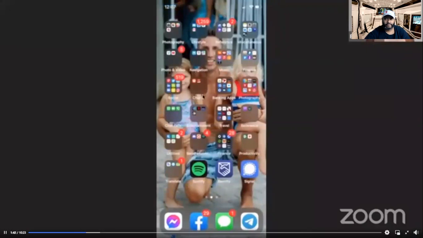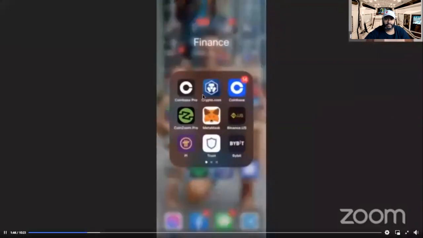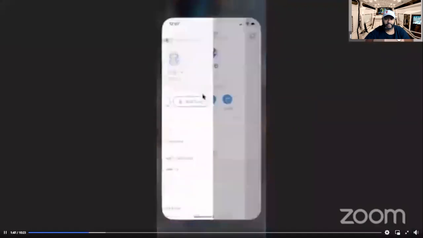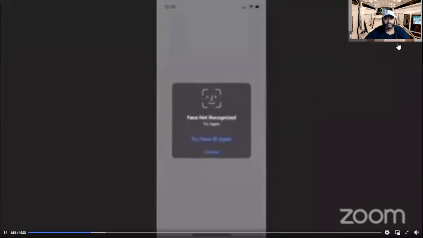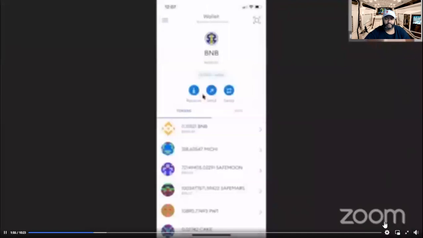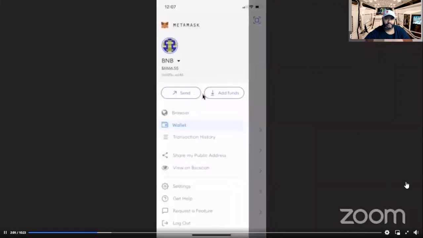I'm looking too. So, all right, you need Metamask. Metamask, that little fox. You're going to set Metamask up. You're brand new, you're wanting to get started, you're wanting other people to get started. You need them to set up Metamask. And then they need to set up a Binance Smart Chain. When they go to set up a Binance Smart Chain on this, they're going to click those three lines at the top left.